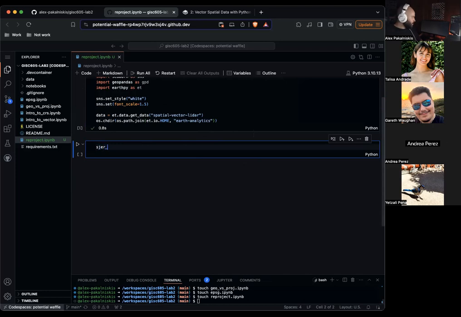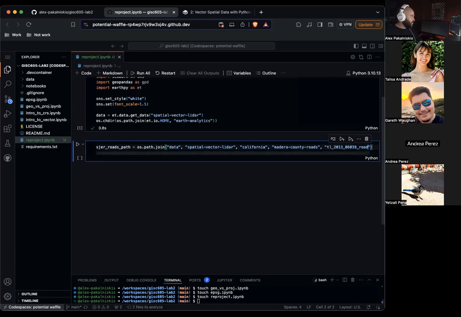So to start, SJER roads path equals os.path.join data, spatial vector, LiDAR, California, Madera County, roads, tl_2013_06039_roads.shp.